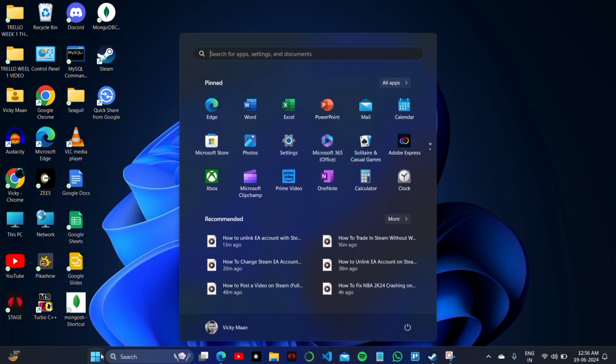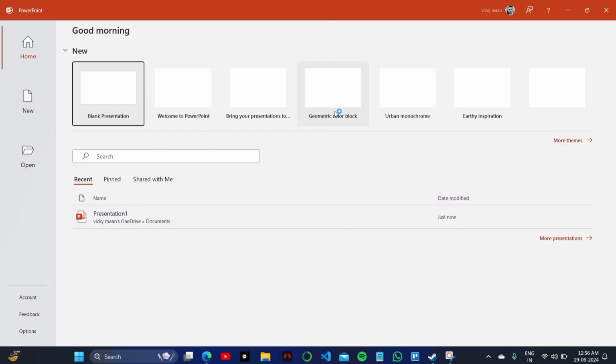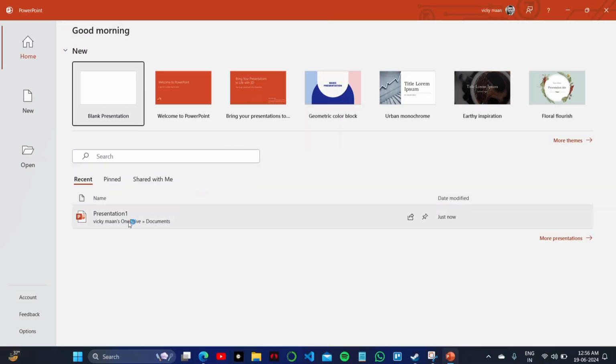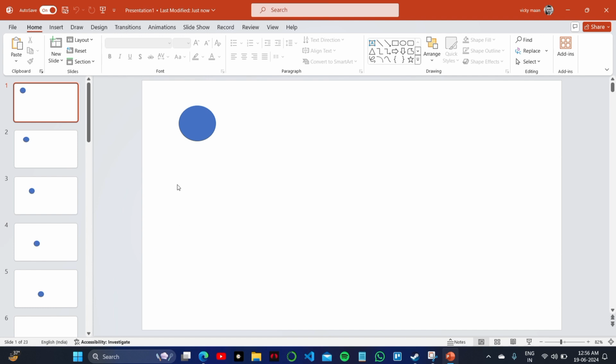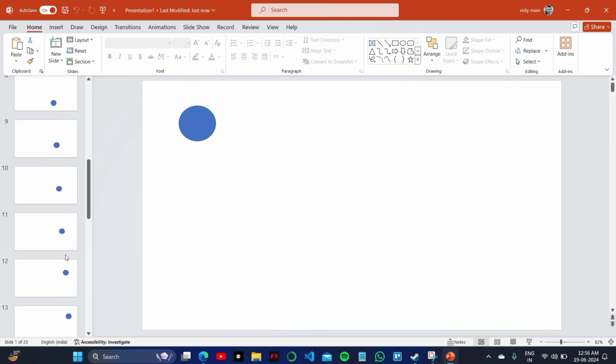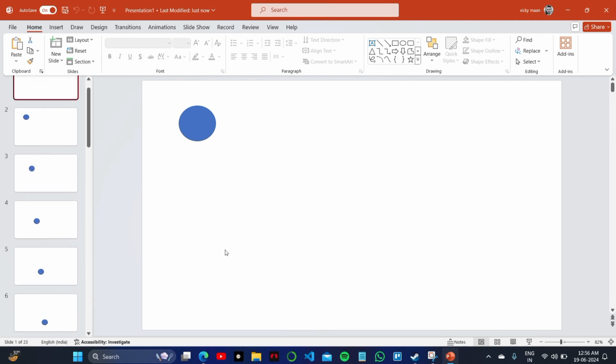How to use Microsoft Copilot in your PowerPoint easily. This video is the full guide for you on how you can use Copilot in your PowerPoint presentation. For this, open your PowerPoint presentation in front of you, and here you will see that on the left